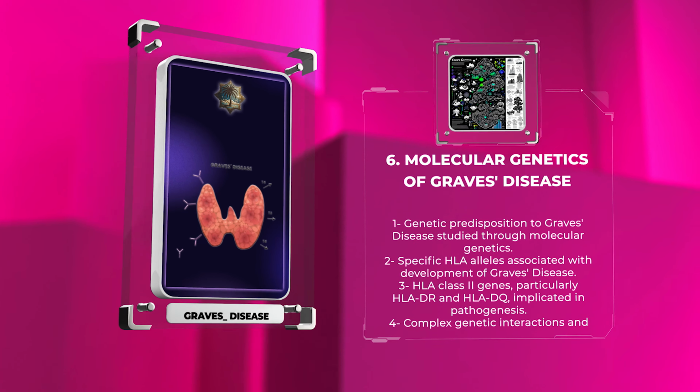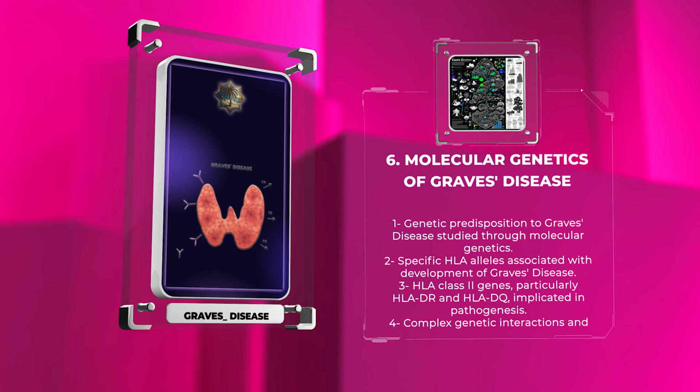Radioiodine uptake and scan techniques play a vital role in diagnosing and evaluating Graves' disease. Radioiodine uptake refers to the measurement of radioactive iodine uptake by the thyroid gland, which provides information about the gland's activity. A radioactive iodine scan helps identify the size, shape, and distribution of the thyroid gland, allowing differentiation between Graves' disease and other thyroid disorders.